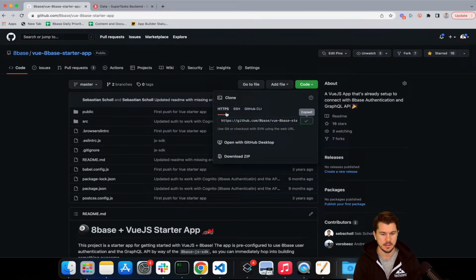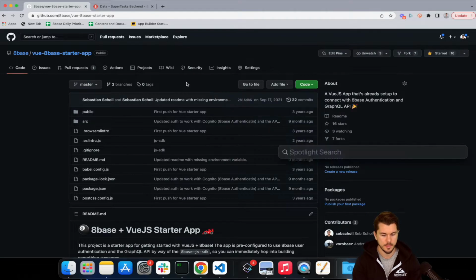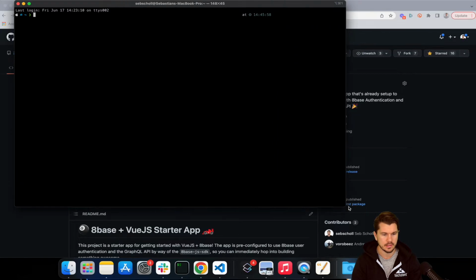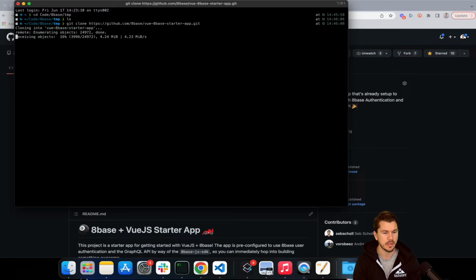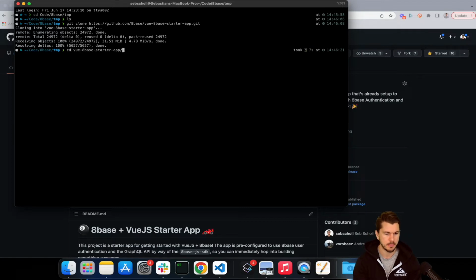So I'm just going to copy the repo link and then open a new terminal window. Now inside here, I'm going to move into my code 8base temp folder, where here I don't have any projects, and I'm going to git clone the repo here, and I'm just going to leave it the same name. So once that is copied to my computer locally, boom, I'm going to move into that directory and just run